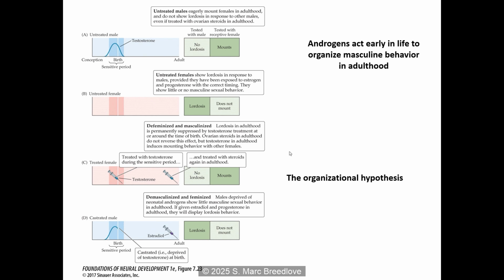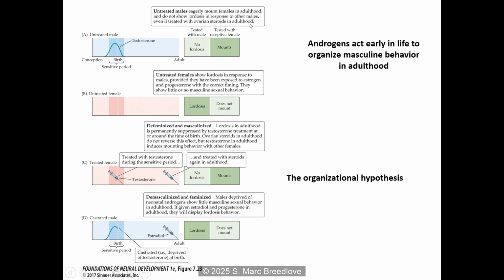I told you that if you give a female mammal the right treatment with estrogens and progesterone, for rats and mice, it's a couple days of estrogen, then 1 day of progesterone, and 6 hours later, the animal will become receptive. What I didn't tell you is you can give that exact same hormone regimen to male rats, and they don't show lordosis.